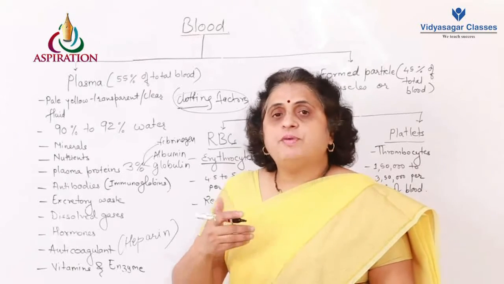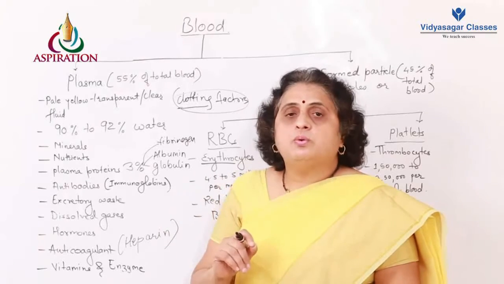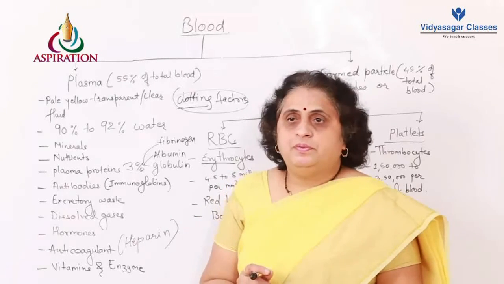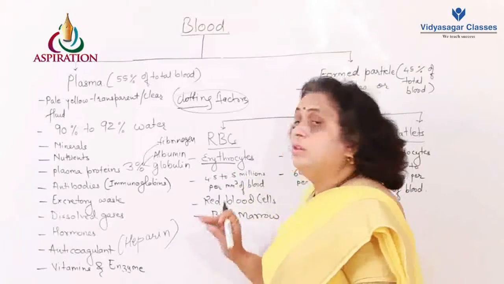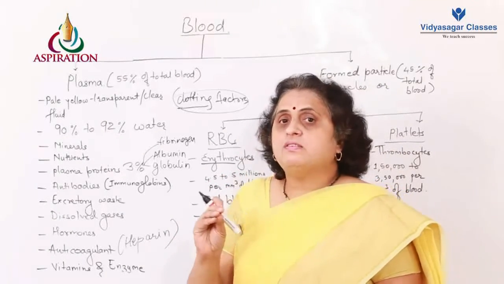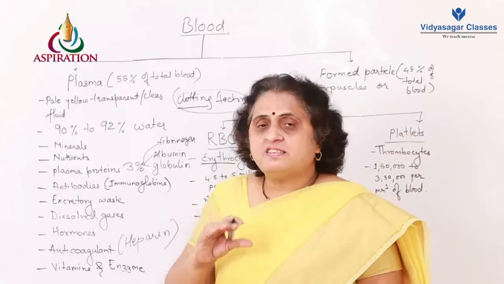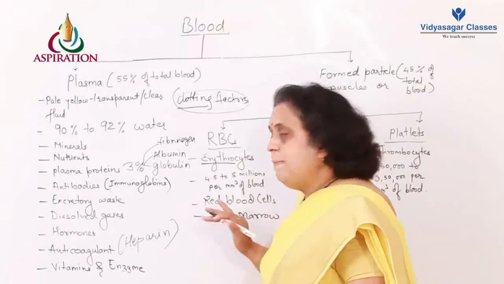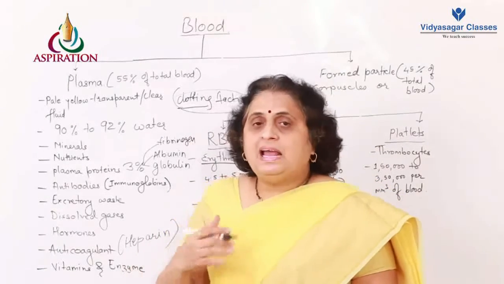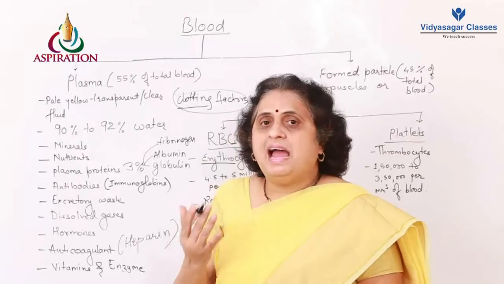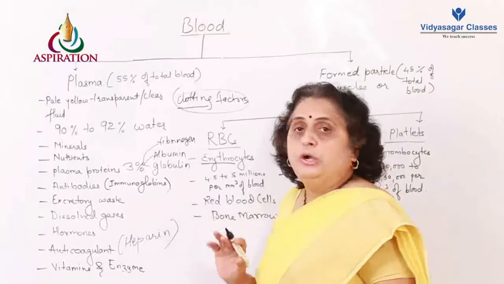This process of production of the RBC is called erythropoiesis. Erythropoiesis is carried out by bone marrow. Therefore, bone marrow is called erythropoietic tissue. In the infant stages, the RBCs can be produced by the liver as well as the spleen. But as we grow older, or as we become adult, the entire production of RBC is under the control of